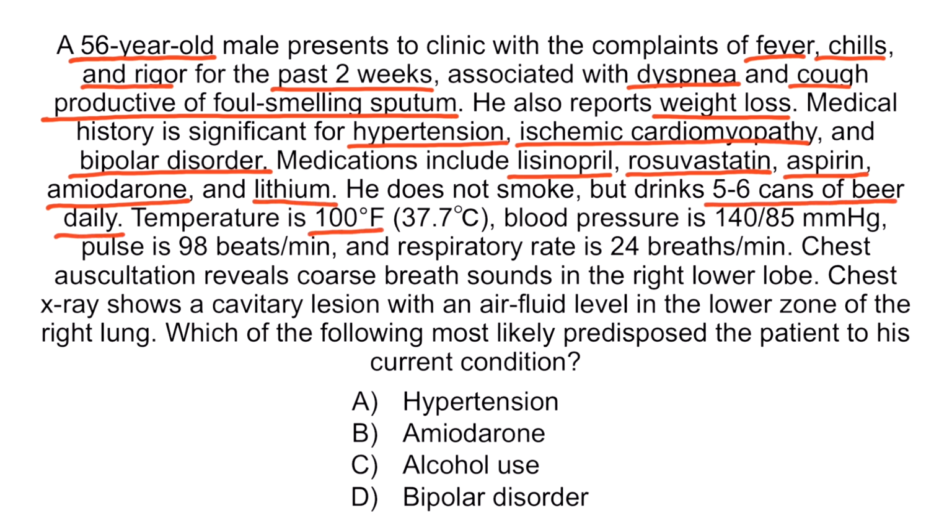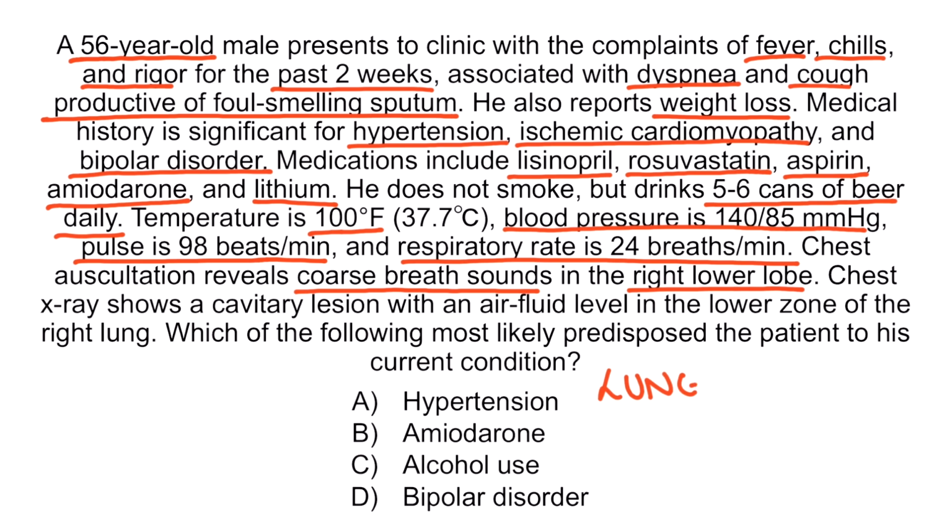Temperature is 100 degrees Fahrenheit, blood pressure is 140/85, pulse is 98, and respiratory rate is 24. Chest auscultation reveals coarse breath sounds in the right lower lobe. The constellation of his respiratory symptoms, their indolent onset, his alcohol use, and examination findings of consolidation in the right lower lobe make lung abscess the likely diagnosis. This is further confirmed by chest x-ray finding of cavitary lesion with an air fluid level in the lower zone